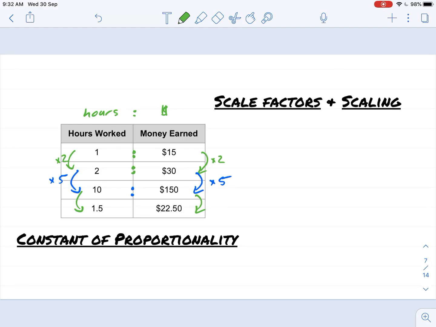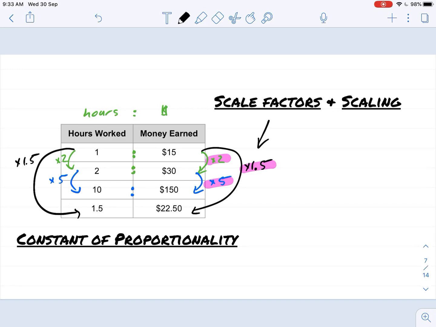I'm going to leave it right now, but I will tell you that it is exactly the same, and probably the easiest way to figure that out is, let me erase those last two arrows that I just drew, and I'm going to go from the very first one, the 1, all the way down to the bottom one. If I want to go 1 to 1.5, what you do is you multiply by 1.5, and 15 to 22.5, I'm not going to work it out right here, but you can trust me that it's also times 1.5. So all of these numbers right here, the times 2, the times 5, the times 1.5,